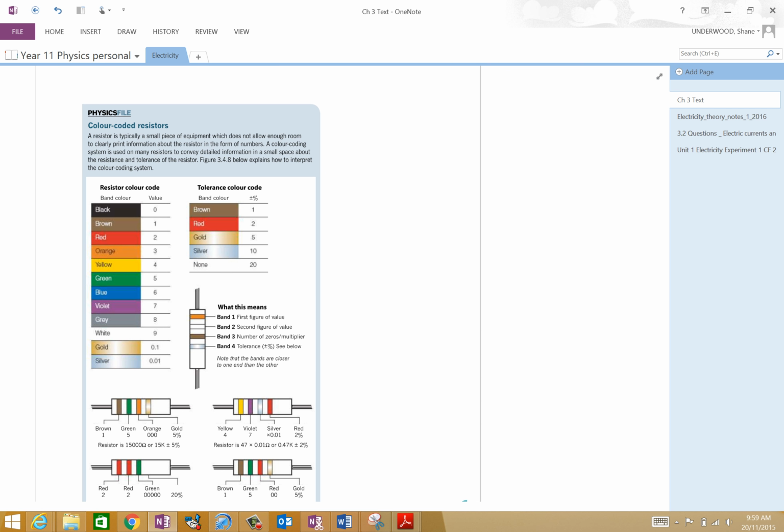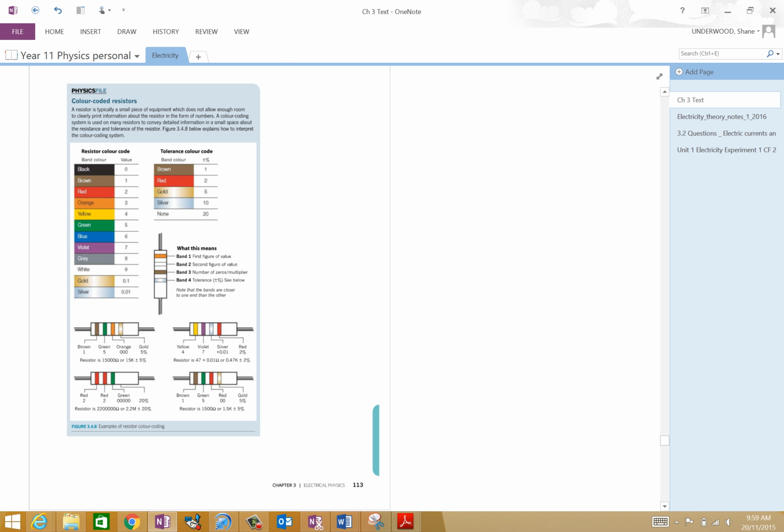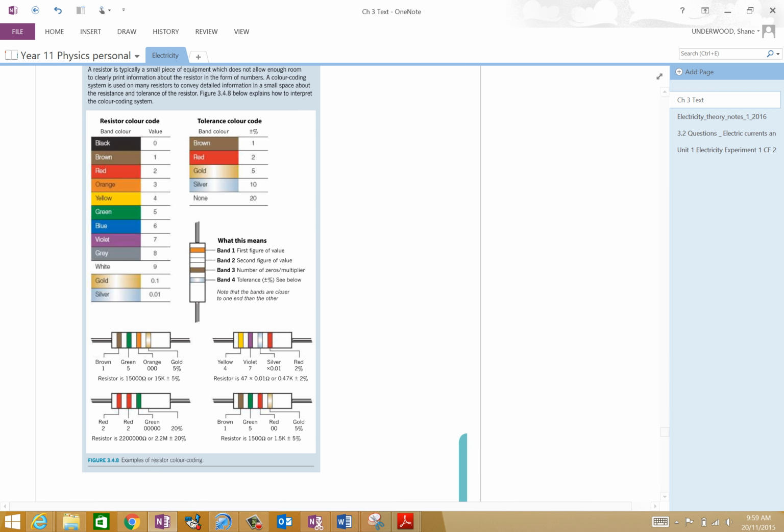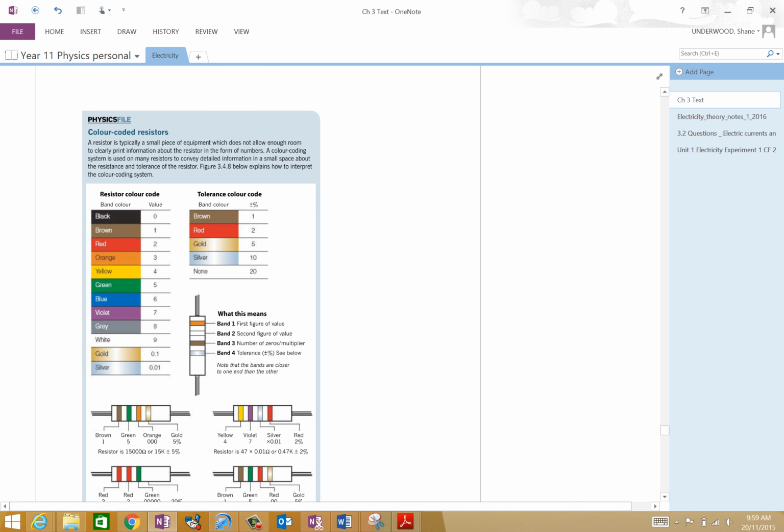Now, just quickly, you guys, I'm not going to tell you the rude one that I remembered when I was a boy, but we have a resistor colour code. Resistors are very small. You guys can come up with a mnemonic to remember this, but I'm not going to tell you my mnemonic. You can make one up yourself. I'll say it off camera. Okay? I can't think of the clean one. But